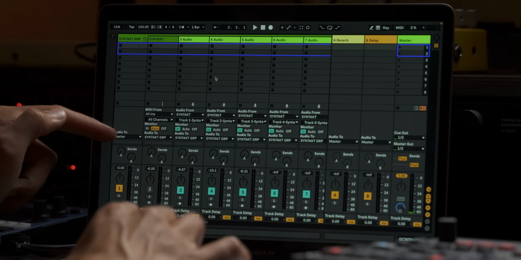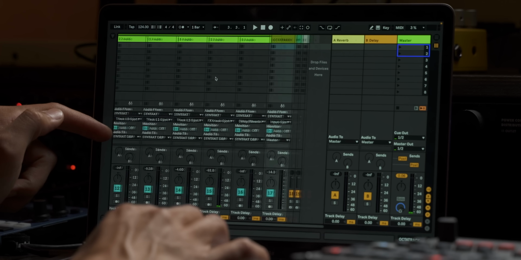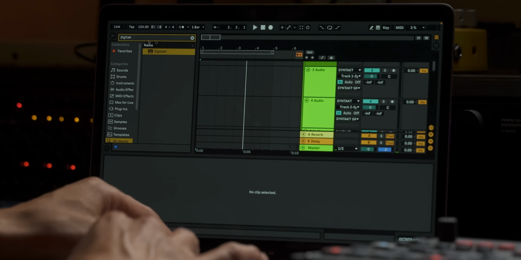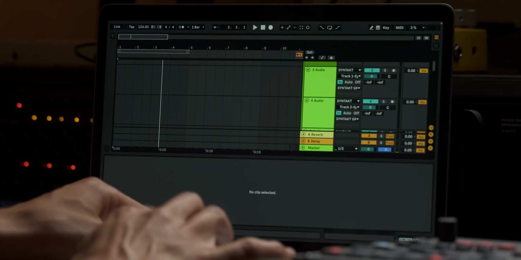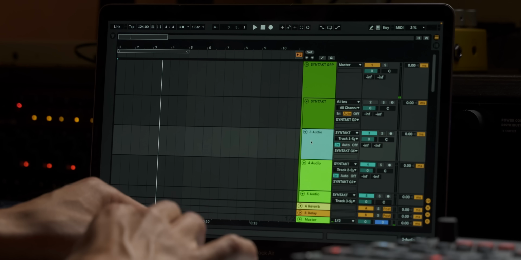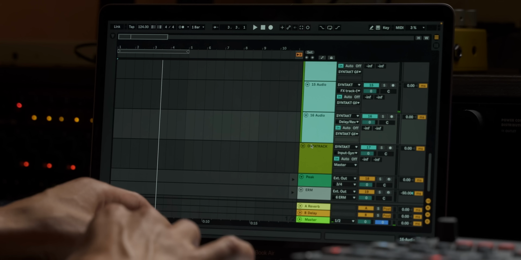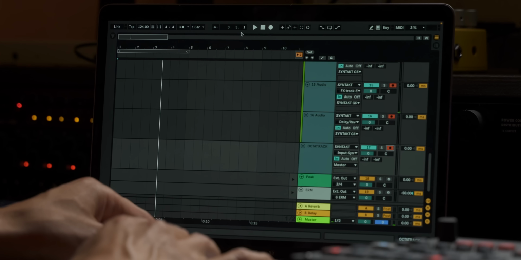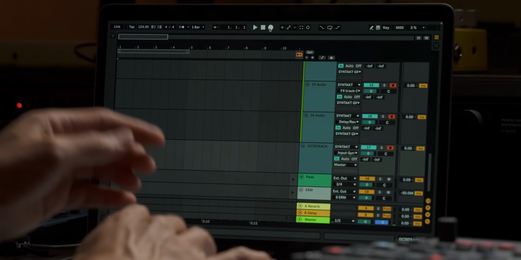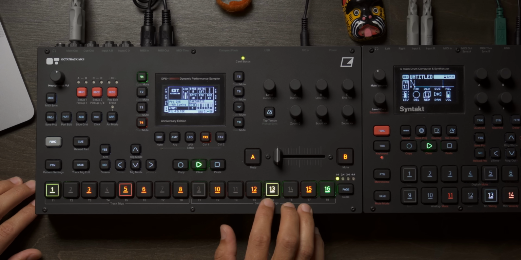That way you can go in and build a crazy template like this. I got too lazy and didn't even bother naming everything. But what this allows you to do is say we're here, I can go and highlight all this audio stuff, plus my Octatrack, record arm it, and just record in a performance, but then go back and edit it after the fact. So let's say this was,